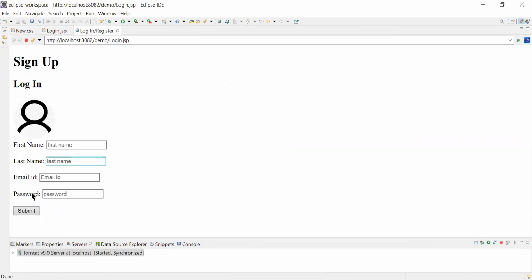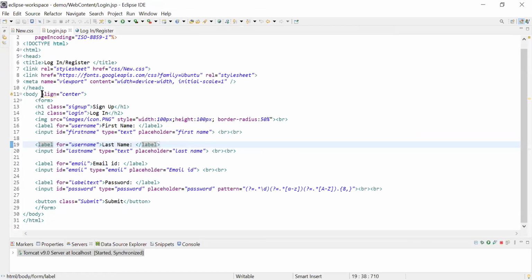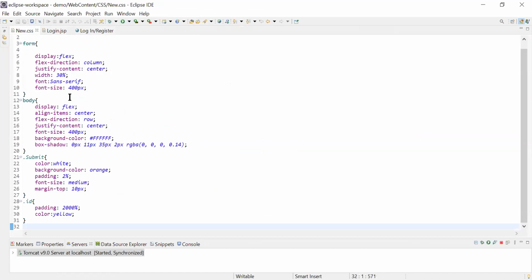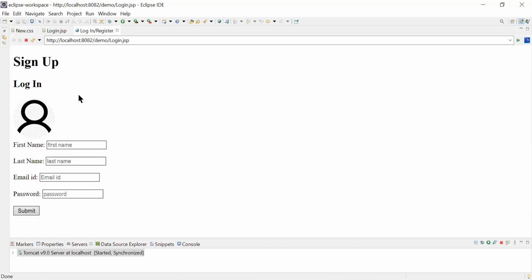So here, ma'am, it comes like this. I have used flex direction as column and justify content as center in the form and in the body also, but still it's not placed in the center and it's not justified with the page.